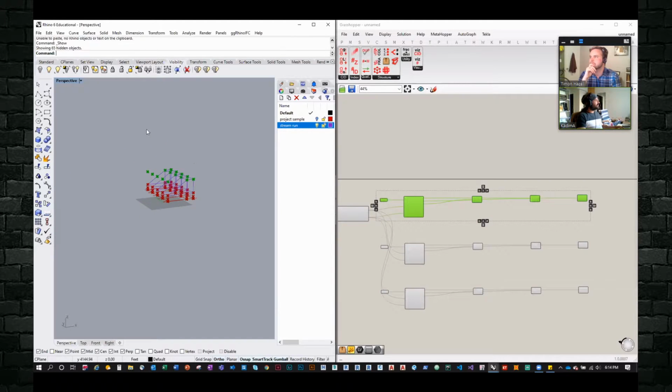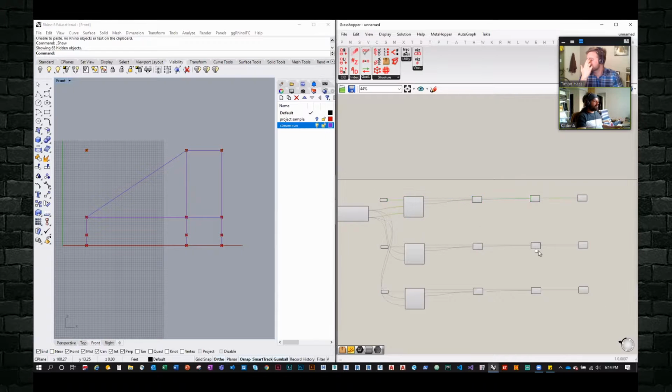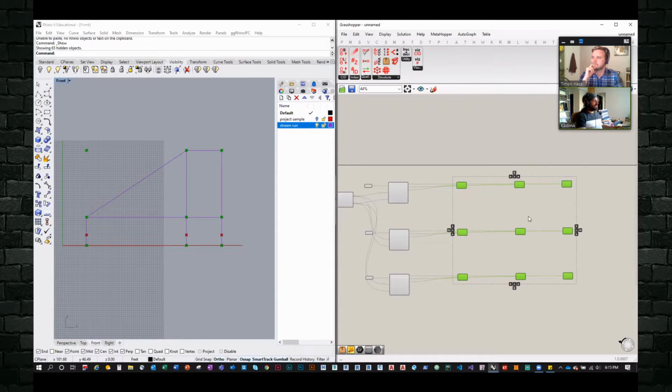Did I delete this thing? Oh no, I didn't. So you can see that from this front view, my points right now are roughly matching the grid of points on my stadium. This is why, depending on the complexity of the project, I eventually take this view and bake it into my Rhino or my Grasshopper window so that I can organize the nodes and components along that grid so that it can help you troubleshoot. So for example, I know that this point is useless, so I just delete it. There's no need for this point.